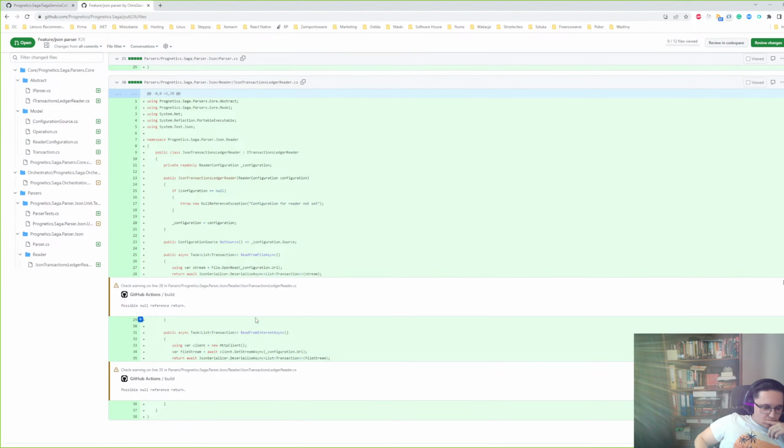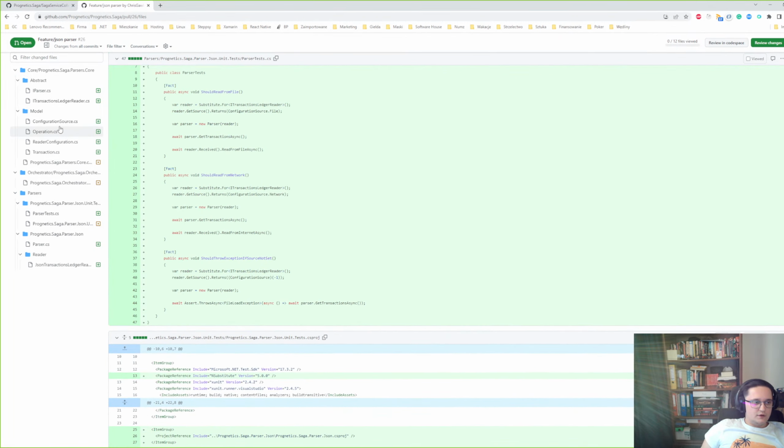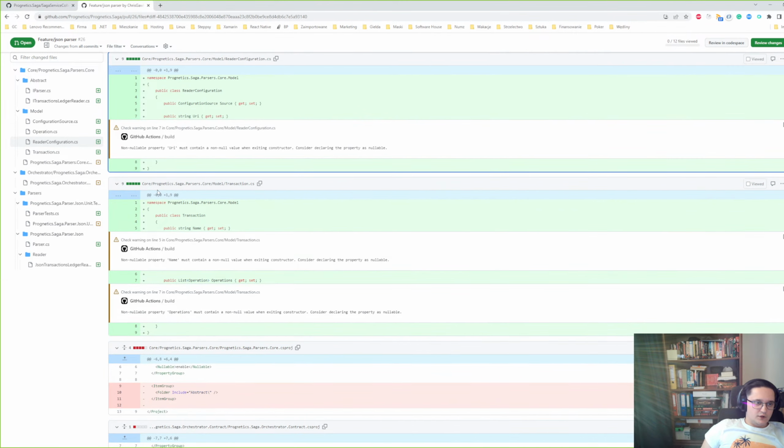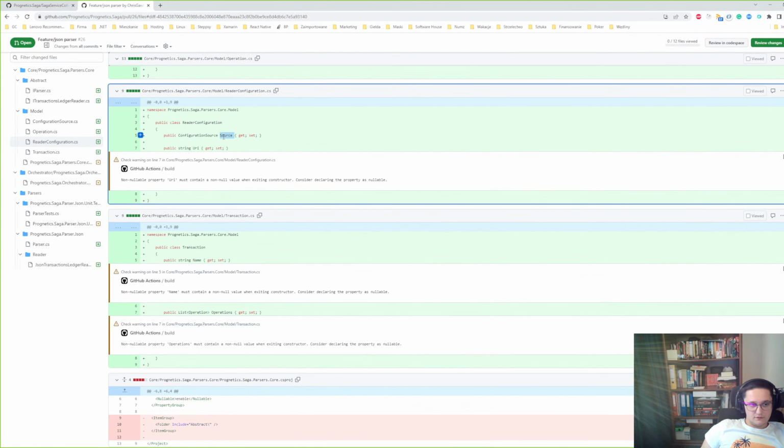Okay, then let me explain to you where I started, because I did not start from the perspective I think you are looking at it from. So from the perspective of reading a certain file, I started rather from the side that if I would be using it, what would I want to configure and how. From my perspective, it would be a source from which I want to get something, and it will be a path or URI